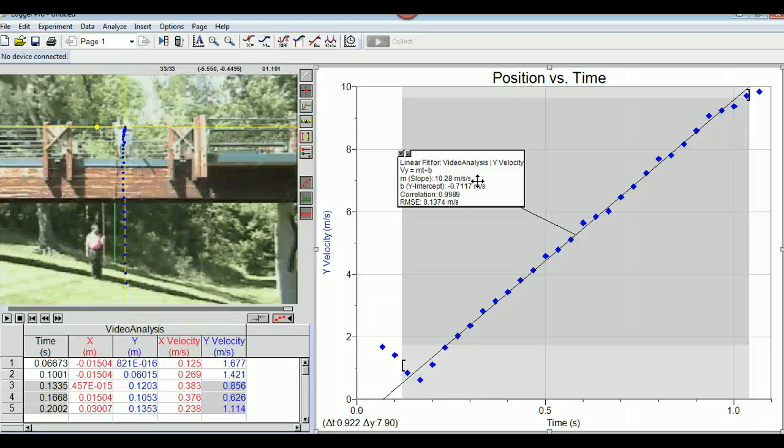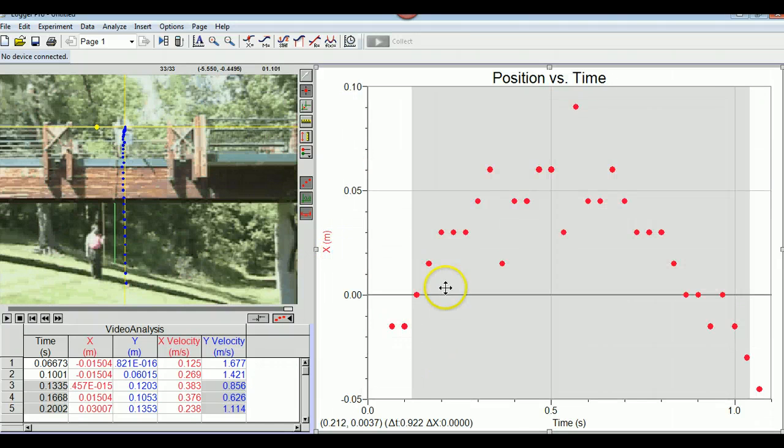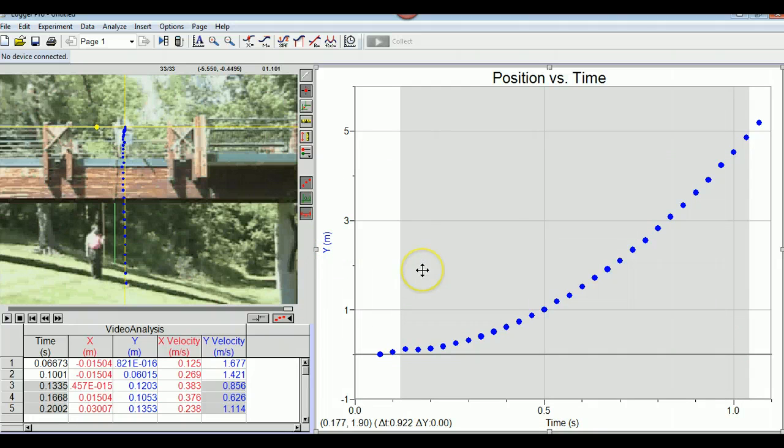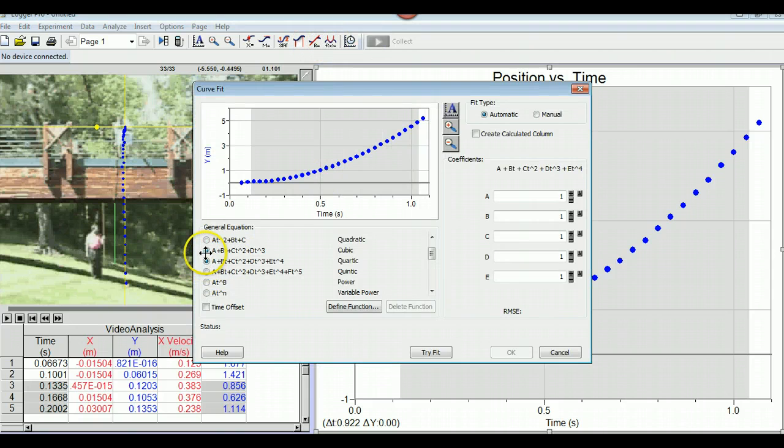Those are most of the tools. One other thing I can show you is that for the Y position, not the X position, which was a curve, I can figure out the velocity is what's increasing here. I'm starting out slow and getting faster. I can look at that. I can take that best fit line,